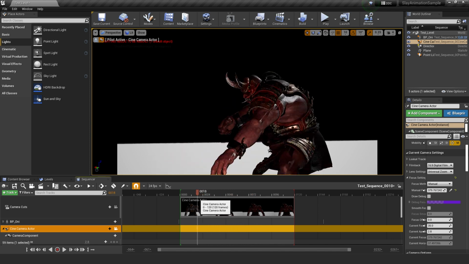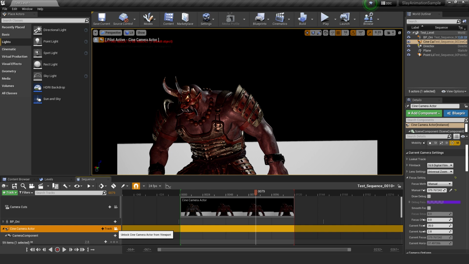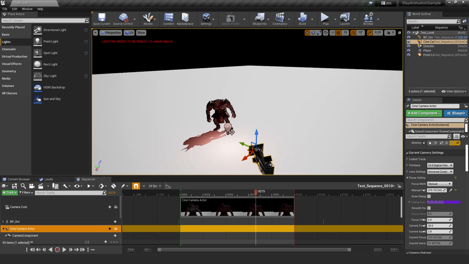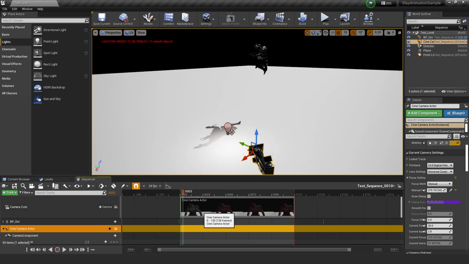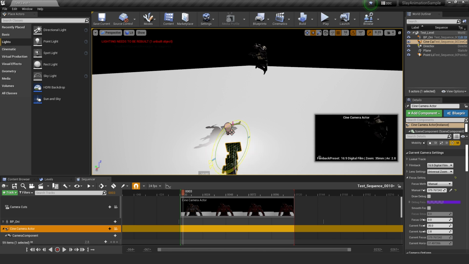And so there we go. Now we have him there. We're going to snap out of this camera, pull back, and adjust the camera so we can see Oni. I'm going to rotate the camera.